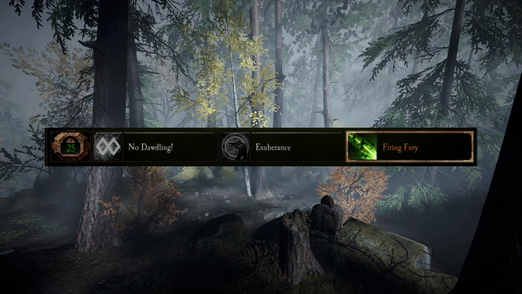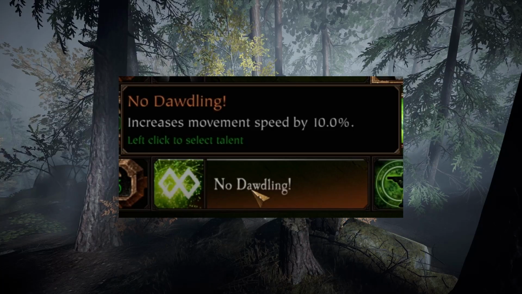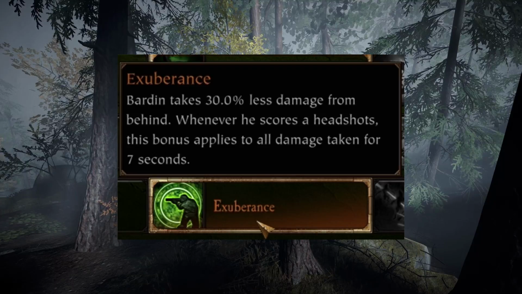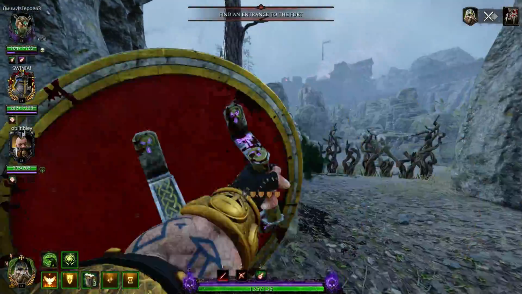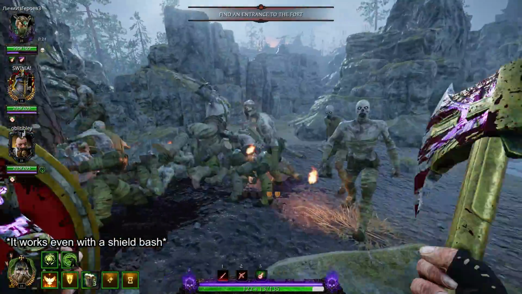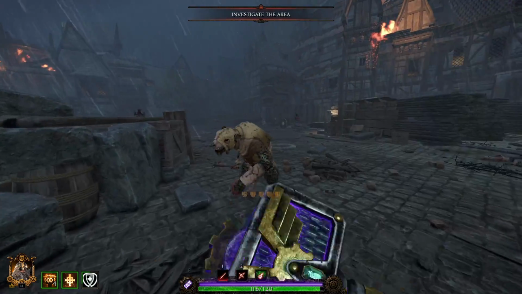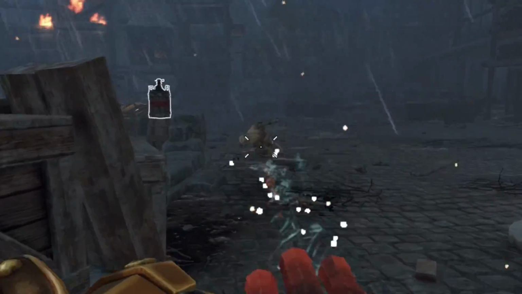Level 25 gives you 2 really good choices and 1 bad one. Movement speed is obviously the black sheep of the bunch, so you should never take that. Exuberance gives you a flat 30% damage reduction when taking damage from behind, and after scoring a headshot, be it with your ranged weapon or a melee weapon, you get that buff applied for all damage taken for a couple of seconds. This solves the issue of being a squishy 100 base health character and prevents you from smashing your disc to pieces after getting backstabbed by one goddamn rat who always magically spawns behind you somehow, just...